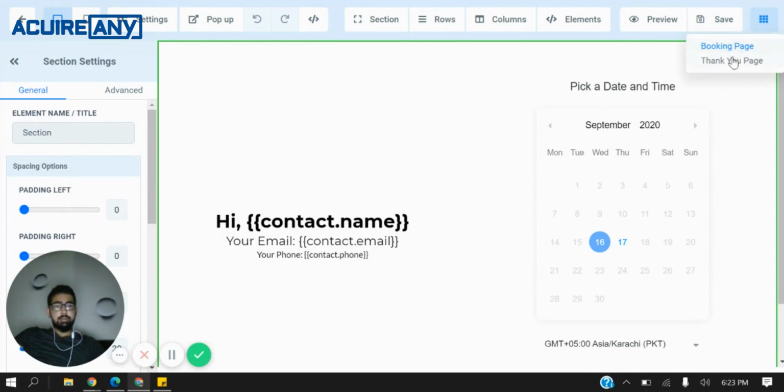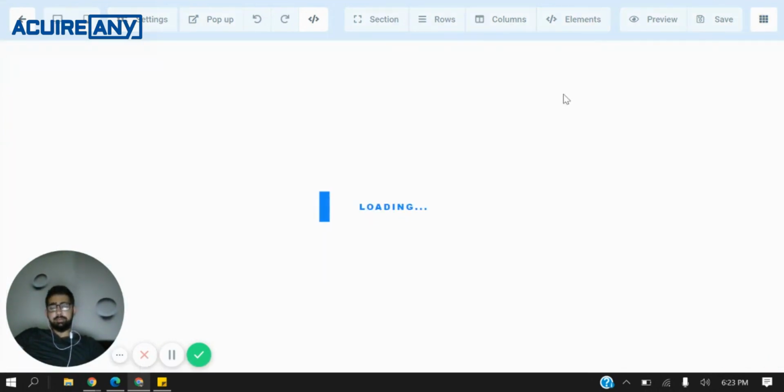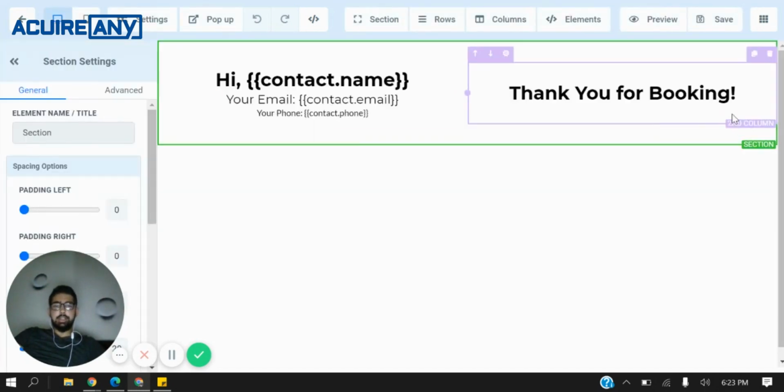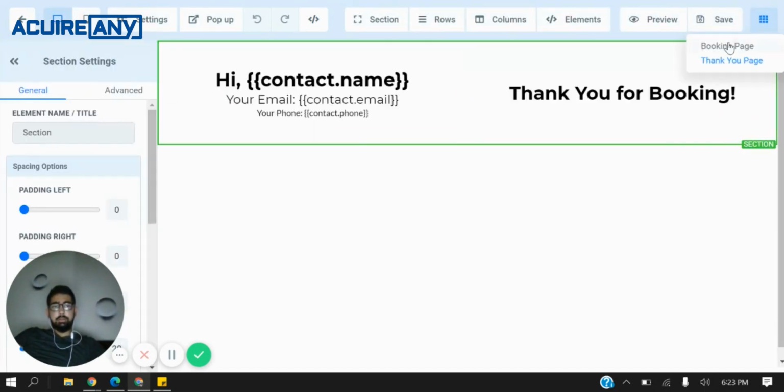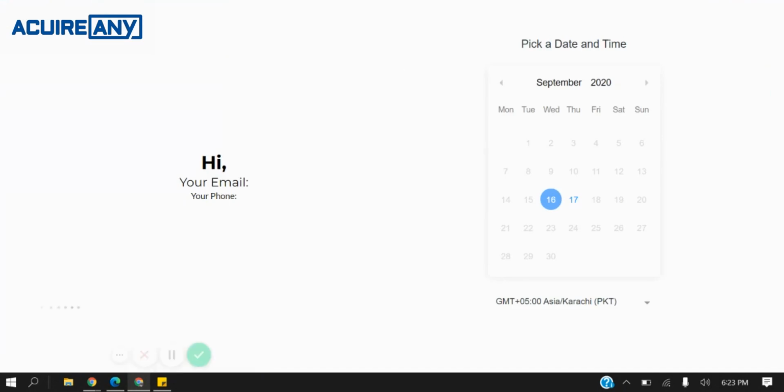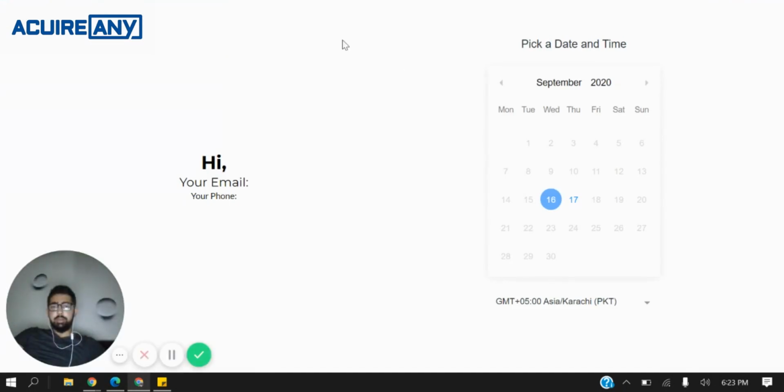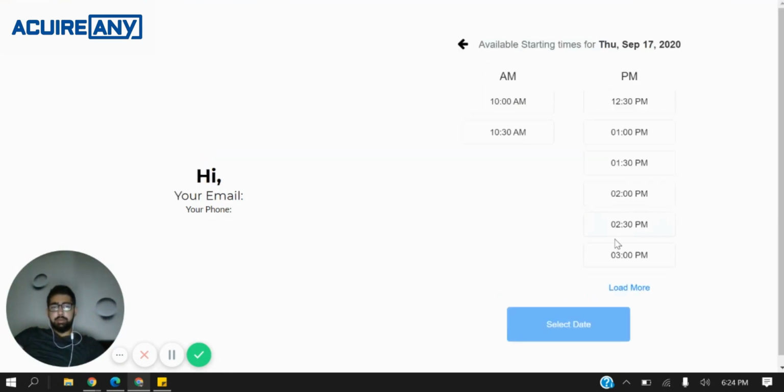calendar. And then when I go to the thank you page, it has the same values on the left, and then on the right it says thank you for booking. And right now how it's working is it's not showing me anything on the preview. It's not showing me the name, email, or phone. But what happens when I make the booking,